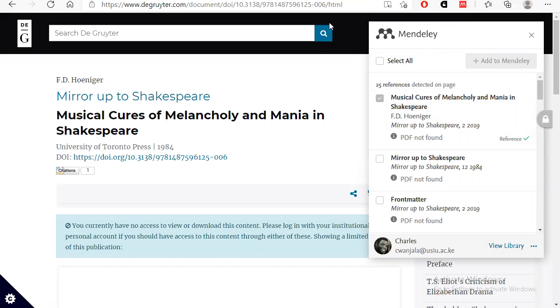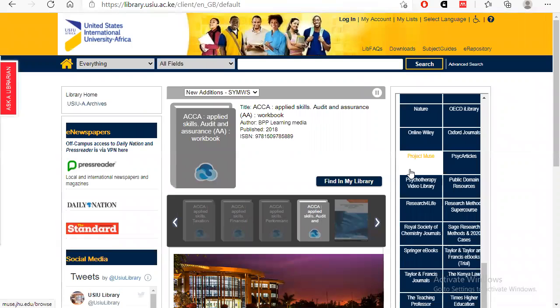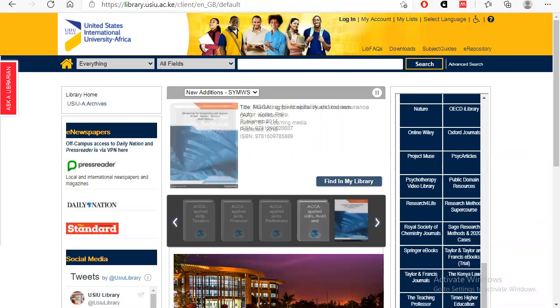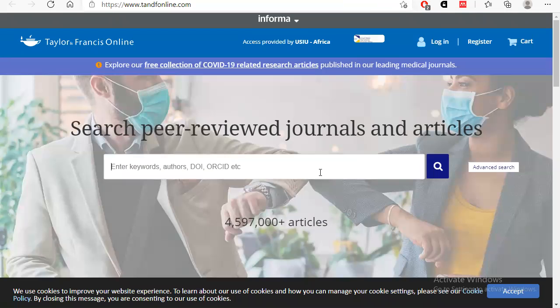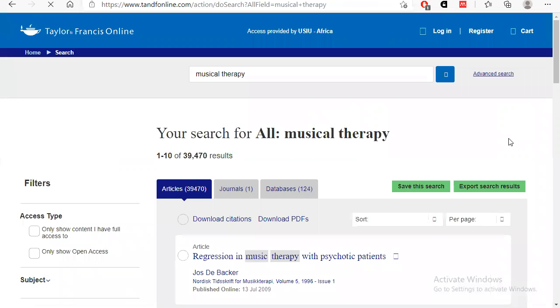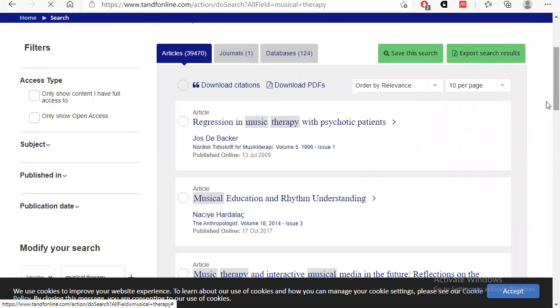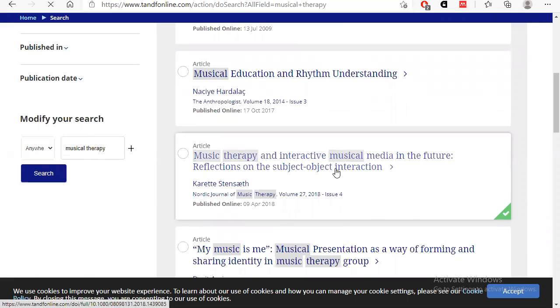And so even if you are, for example, on Taylor and Francis, from the databases that we have on the magic link, library.usiu.ac.ke, maybe you pick a database like Taylor and Francis, and it comes up around there. Maybe let's try and just simulate another musical therapy keyword search. See what Taylor and Francis has to do with this. And perhaps for this example, I'm not keen on getting the web importer to use. I just want to get an actual paper, let's say like Music Therapy and Interactive Musical Media in the Future: Reflections of the